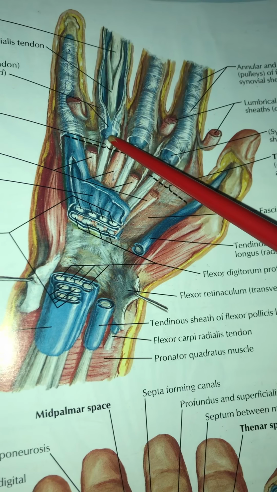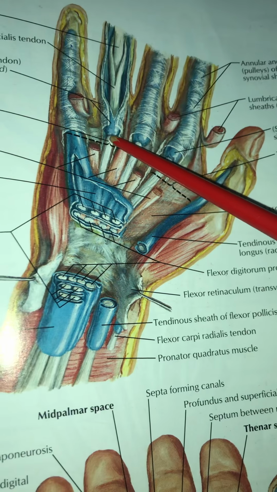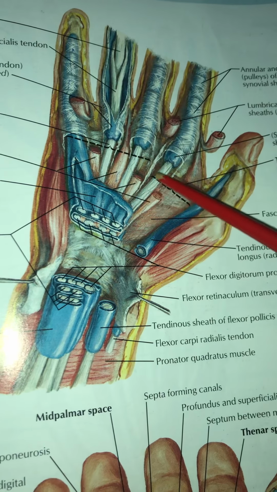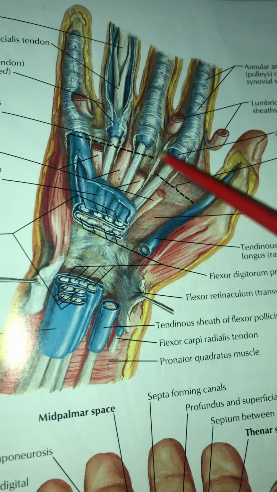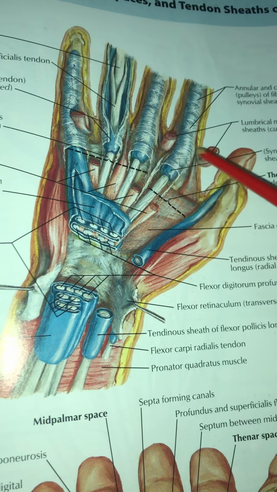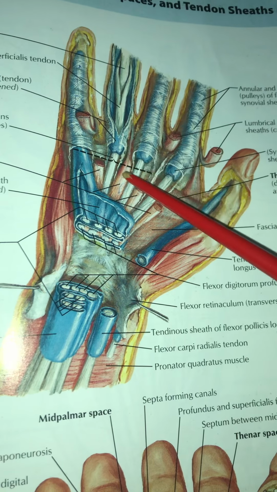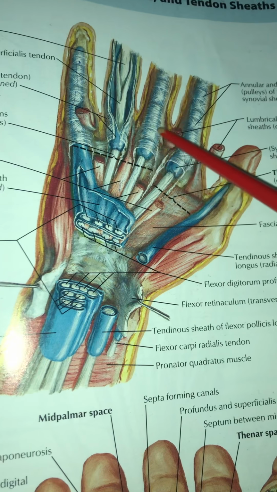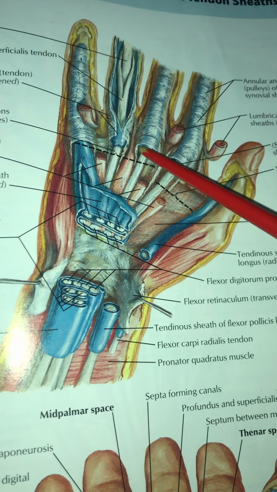Here this green-gray or blue structure, here in between you can see the tendons are naked. So if there is an infection of the first three fingers, this infection would be limited to these digits only, because as you can see, this blue structure is independent of this common flexor sheath,